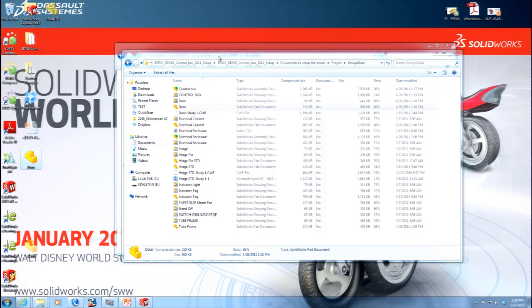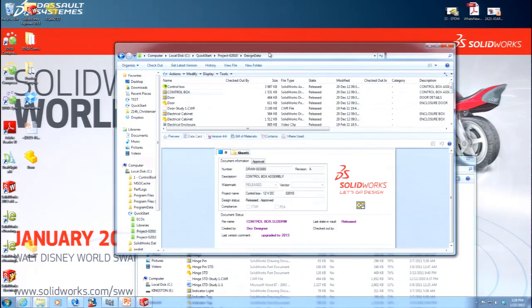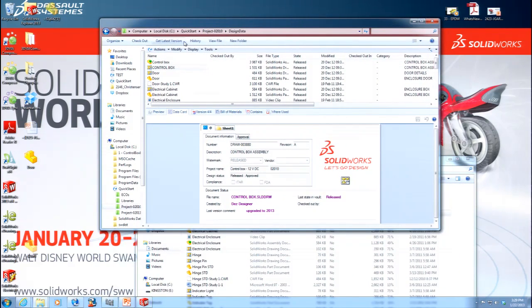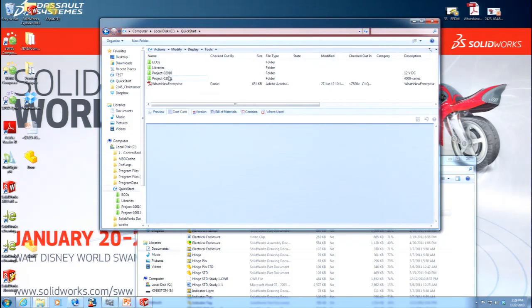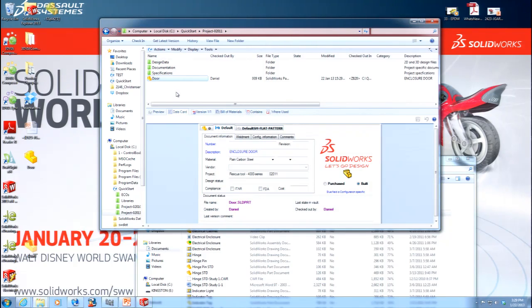Oh, there it is. Okay. All right. We'll just go to this project right here. All right. Drag and drop this in there. And, all right. So you see I have this cost